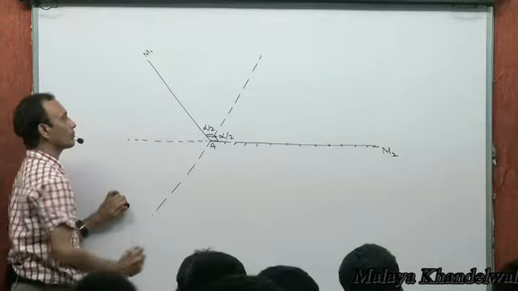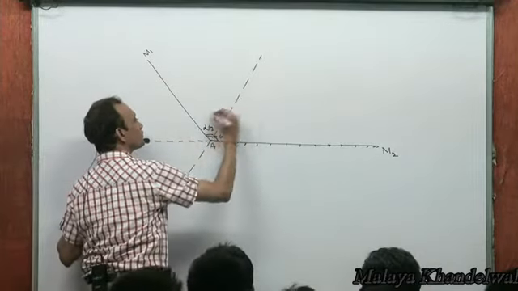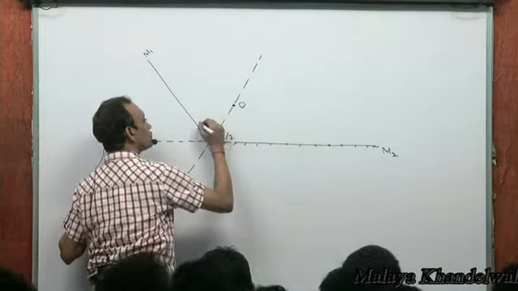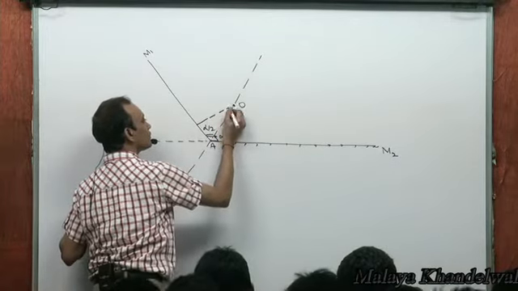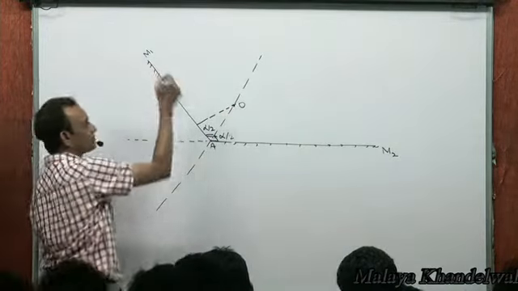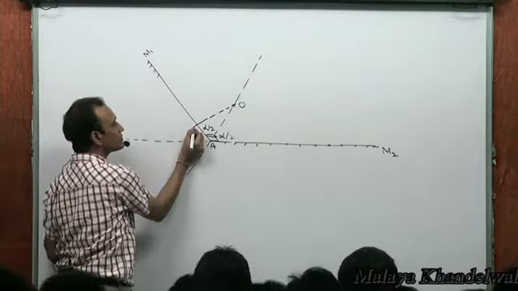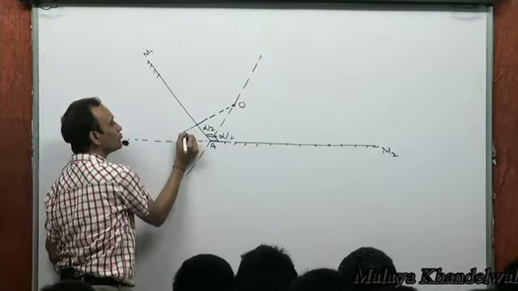Right? What I want is, if there is an object O here, this is the object distance, reflection from M1. This is the object distance. What I want is the image of O